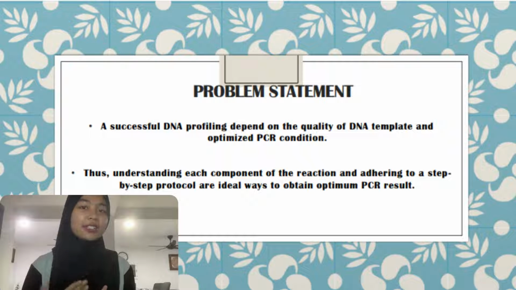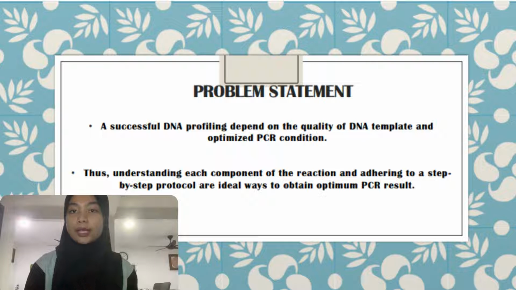A successful DNA profiling depends on the quality of DNA template and optimized PCR condition. From sample preparation through thermocycle optimization, there are numerous elements to take into account. Amplification reactions require expensive materials and reagents, and PCR kits are not cost-effective in labs with sparse infrastructure. Thus, understanding each component of the reaction and adhering to a step-by-step protocol are ideal ways to obtain optimum PCR